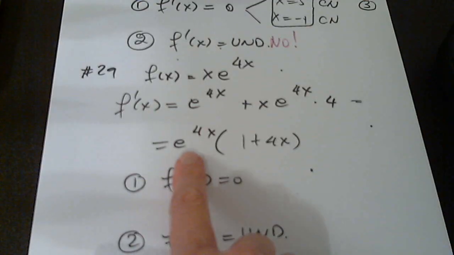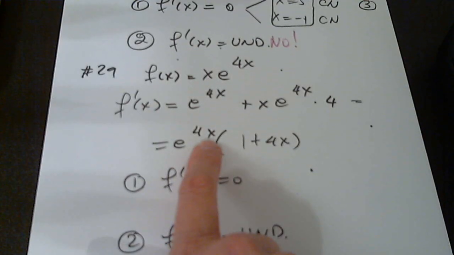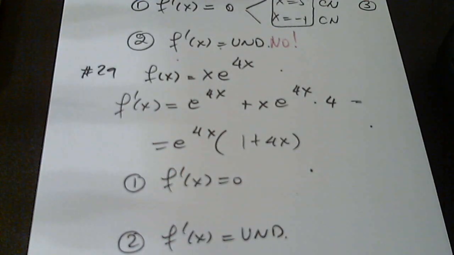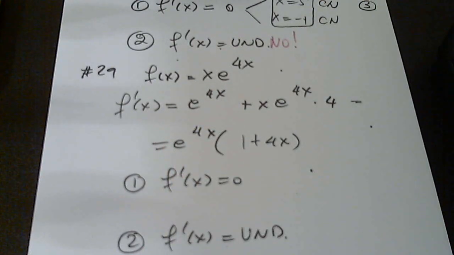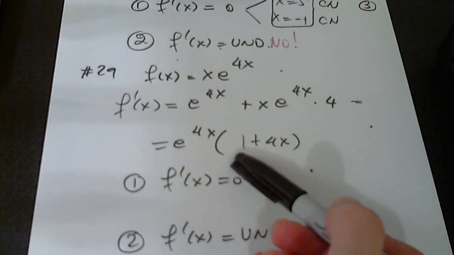What did we learn about e to a function, or e to 4x, or just the exponential function? What did we say about e to a function, or e to 4x in this case? What is the domain of e to 4x? Or any exponential function, what is its domain? All real numbers. Excellent. And this,